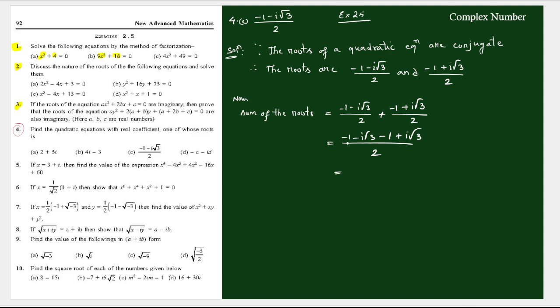So we have got here what, -1 is -2/2 and this is nothing but -1। ठीक है,